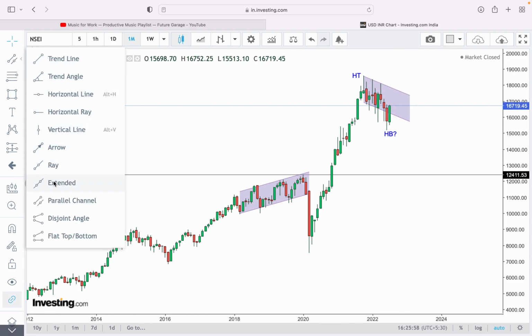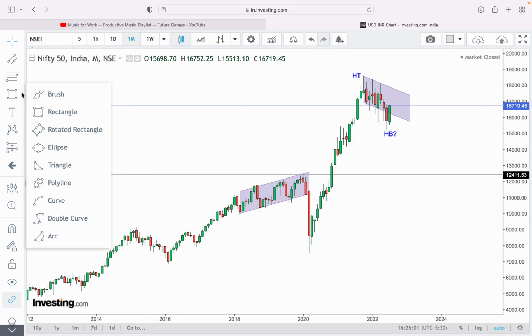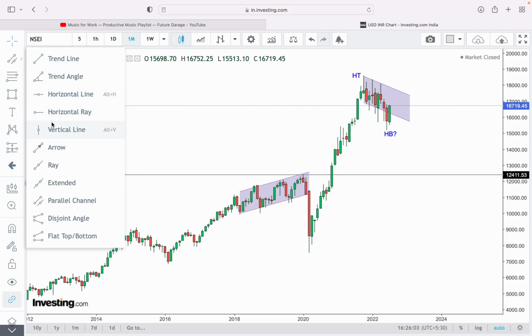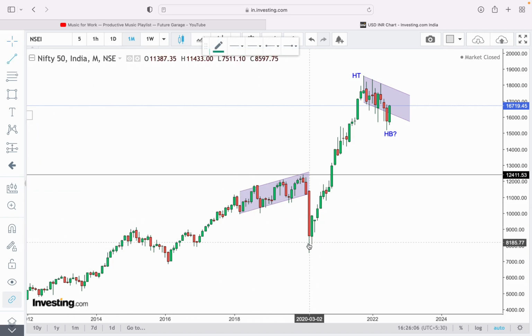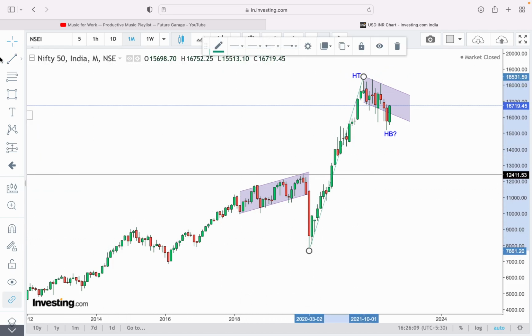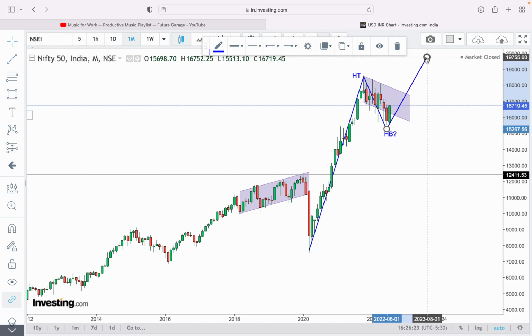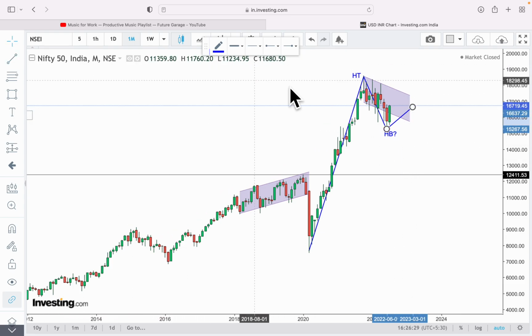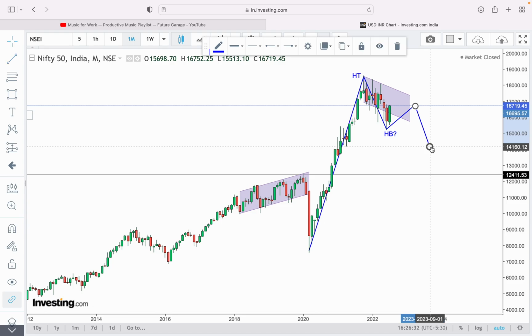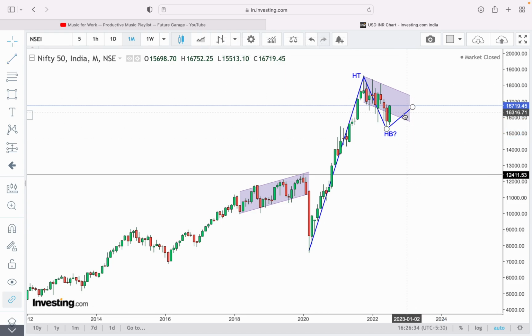So now the question is, does the breakout happen on the upside, which means that we are looking at a potential price action. If I could take a trend line, which would mean something like this, I'll make this blue and I'll make this dark, followed up. So the question is, is this likely to happen, or is this move likely to extend, or is it likely to come back in this channel and then continue further? These are all the possible scenarios that actually do exist and need to be factored in